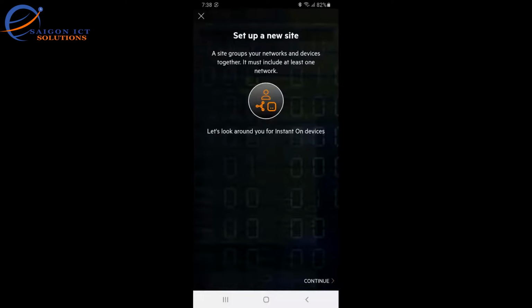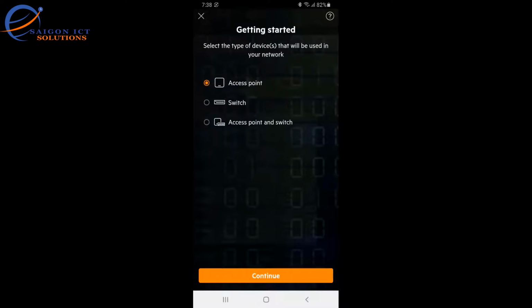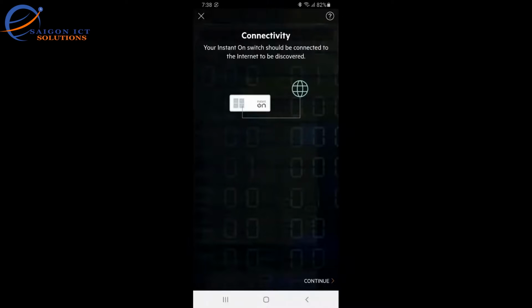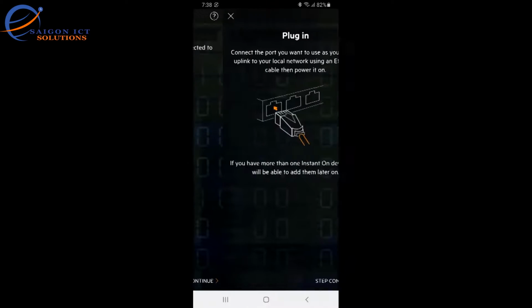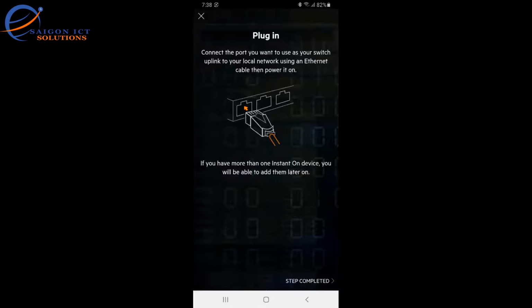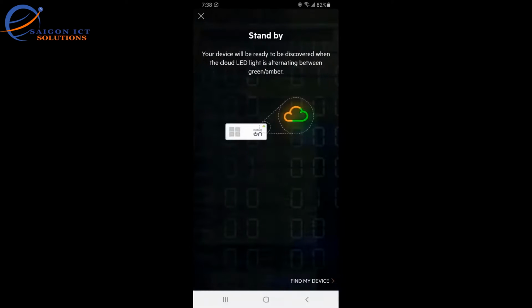The first thing to do is to set up a new site that Aruba Instant On devices will be using. In this example, we will start by setting up the switch. Tap Continue. Make sure your switch is connected to the internet before continuing by plugging in your chosen uplink port to your local network. Wait until the cloud LED light is flashing green and amber before you try to discover